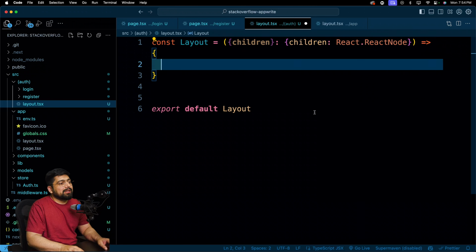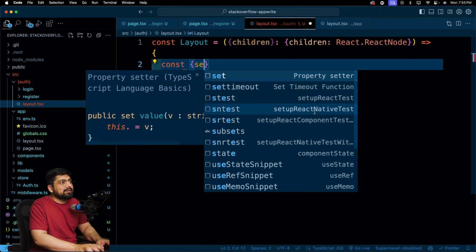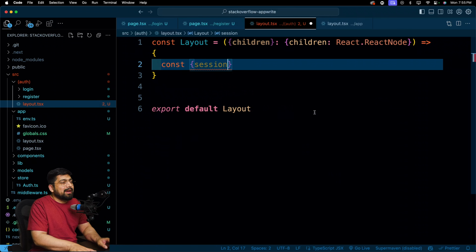Now what we can do is we can just ask whether there is a session or not. Because if there is a session already in existence, there is no point of keeping the user in the auth section, neither on the login, neither on the register. So how can we make a query of that? For this, we can just go ahead and extract whether we have a session, and that session can easily come from